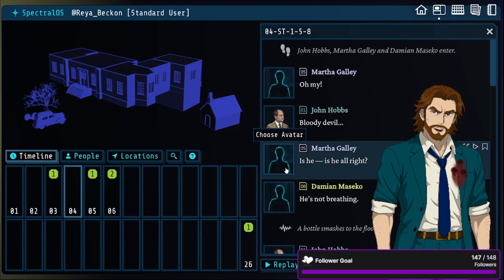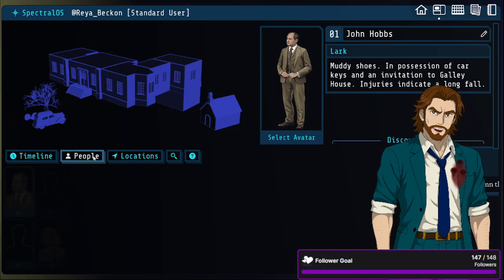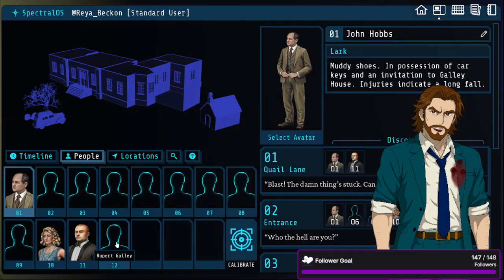All right. I wonder, because we have to at least assume that Rupert Galley is maybe another person, but he might also be dead. So the system might not be tracking him either. So I guess it's a question of when he died. This might not. That's so weird. Fuck. Okay.